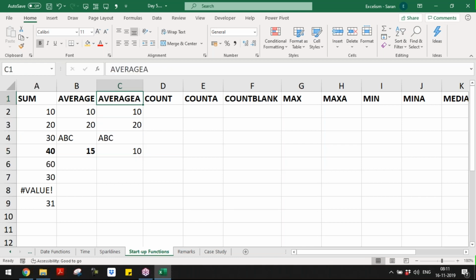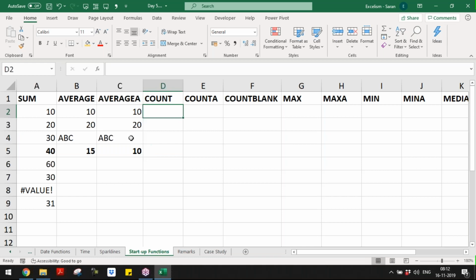Okay, these all, AVERAGEA, COUNTA, MAXA, MINA, we call them statistical functions. Why did they introduce these functions? There may be a situation where in a huge population some of the samples have, instead of 0, not available, NA. If they keep NA, that also must be considered in the case of average, simple mean, as a 0. If that is the case, they can use the AVERAGEA function because if any text is there in between, that will be ignored for the numerator, but the denominator will consider it.